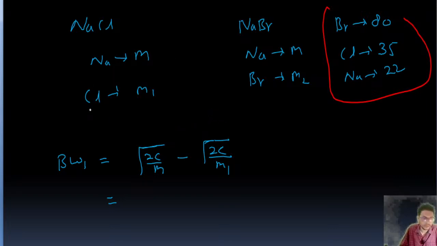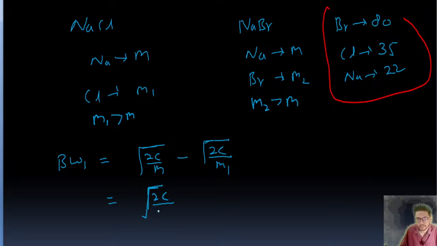In this case m1 is greater than m, guys, because sodium's atomic mass is 22, and here m2 is greater than m, because for bromine the atomic mass is 80 and sodium 22. So we'll put the value: root 2c upon m minus root 2c upon m1, the same value. Now we'll find bw2